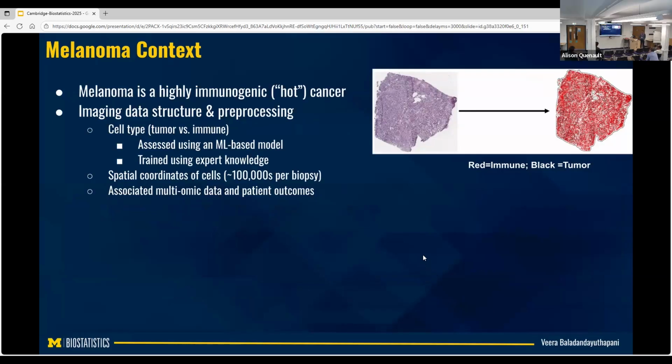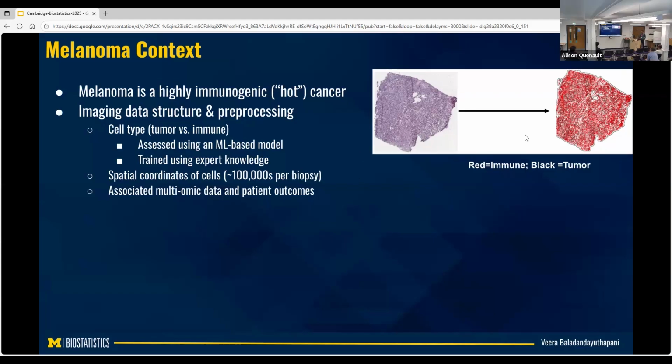So, the cell-cell interactions. This is a specific data set we worked on in melanoma. Melanoma is known to be a very highly immunogenic cancer. It's called an immune hot cancer. So there are immune hot cancers and immune cold cancers. Melanoma and lung are immune hot; breast and bladder are cold. We expect a lot of immune activity in the hot ones. That's why melanoma responds by and large well to immunotherapy. So the idea here is, this is more of a retrospective analysis.